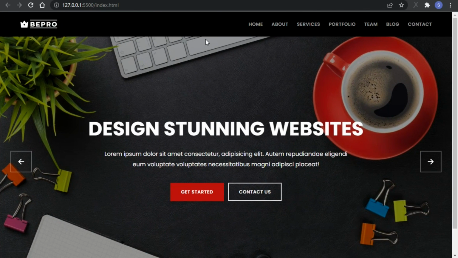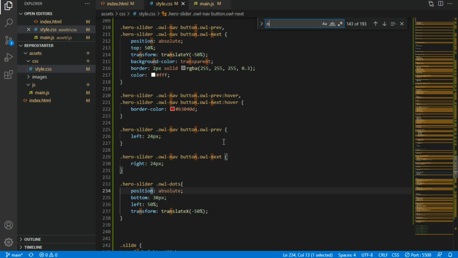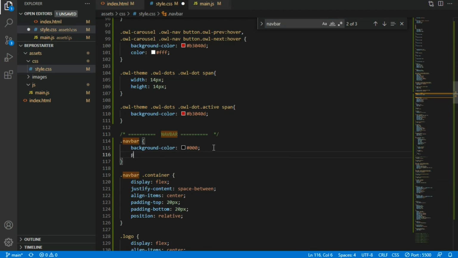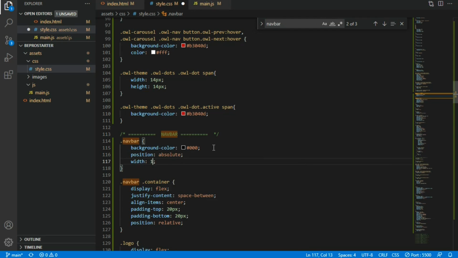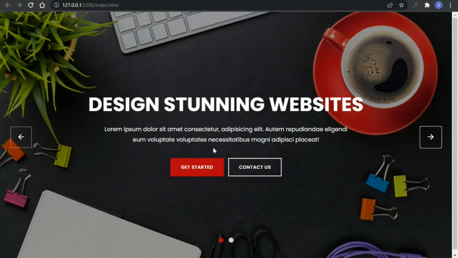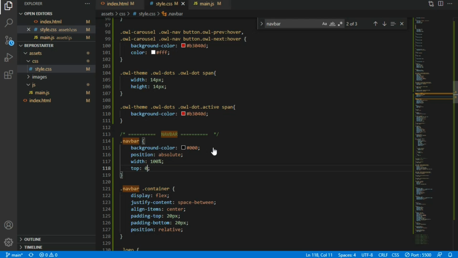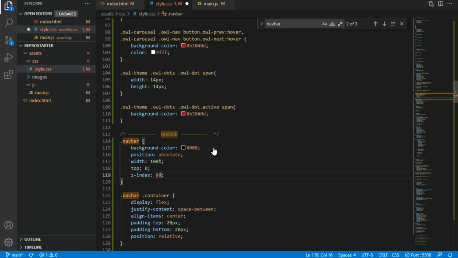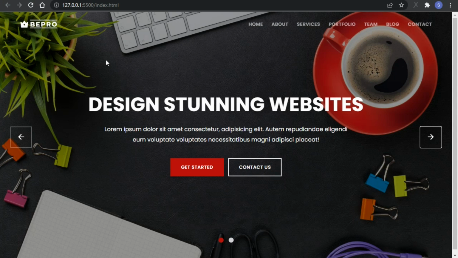Okay, awesome. So now I want this navigation to be on the top of this hero section. So what I'm going to do, I'm going to select Navbar. I'm going to set the position property to absolute, and I'm going to set the width to 100%. Okay, from the top 0, I'm going to give a z index something like 999. Okay, I'm going to remove the background color for now. Okay, so as you can see,